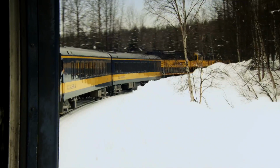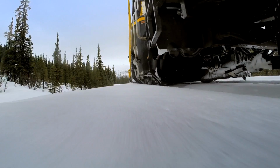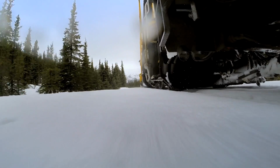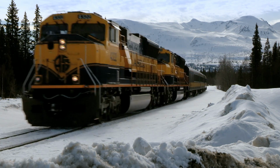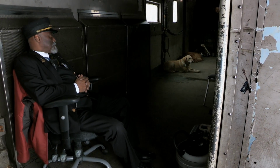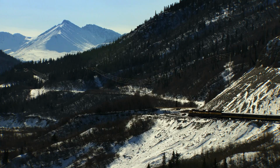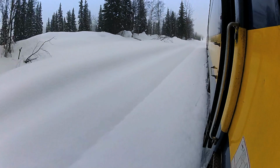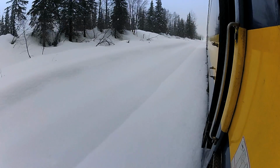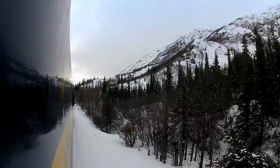We're heading up to higher altitude through the extreme terrain that made this the toughest part of the railway to build and maintain. Temperatures here drop below -50 Fahrenheit. The snow can be meters deep, and in winter there are just a few hours of daylight. But the railroad must keep running